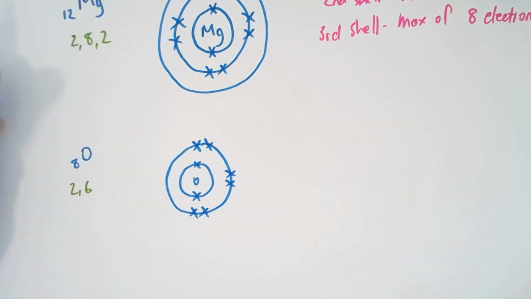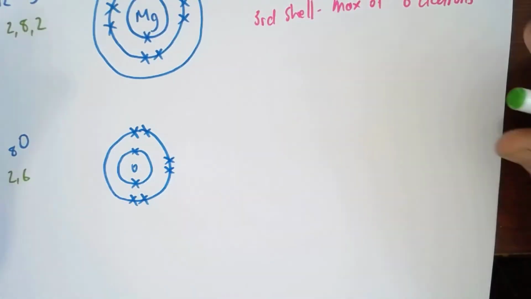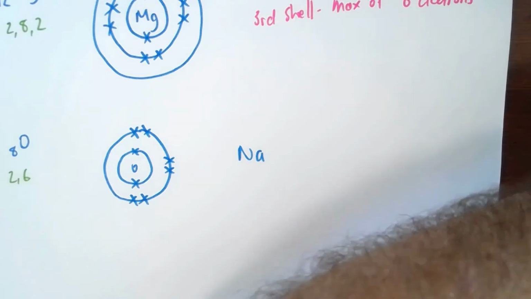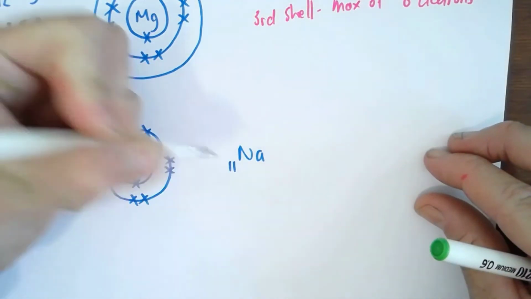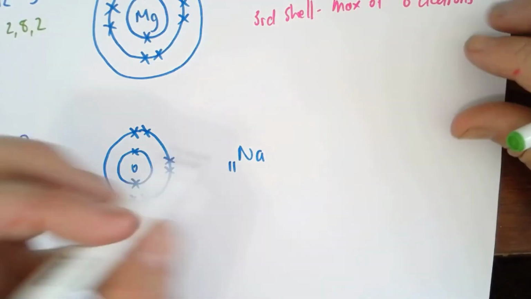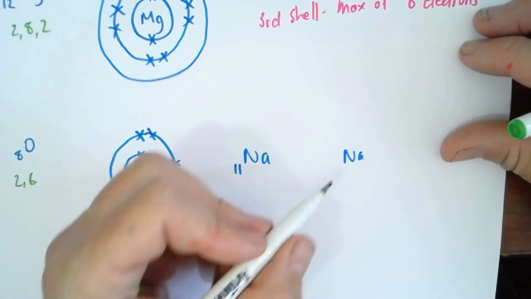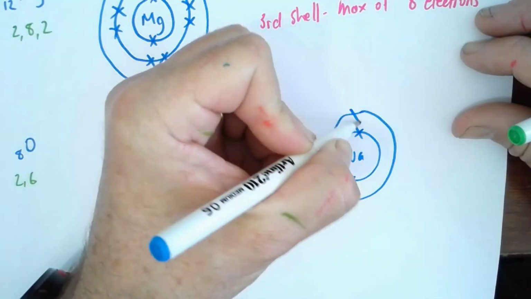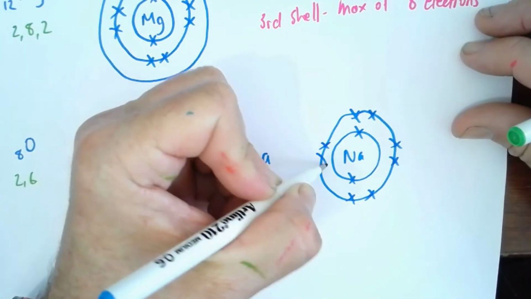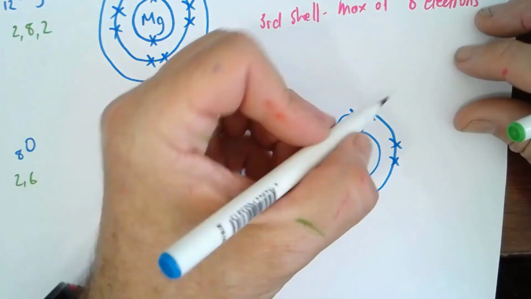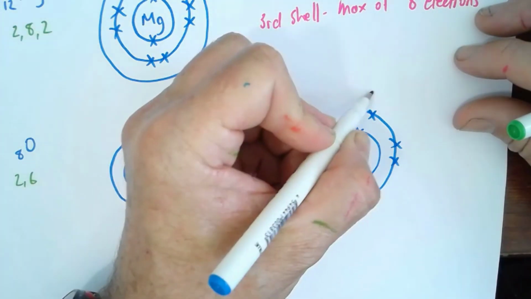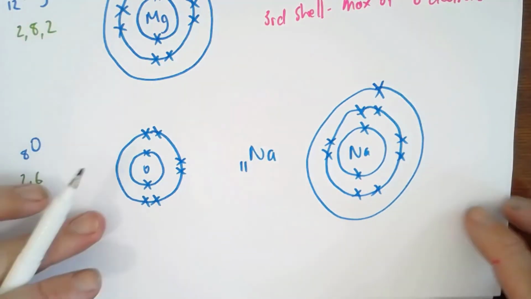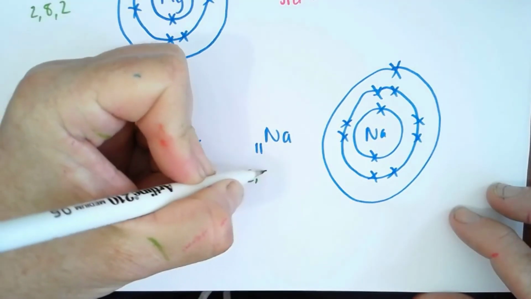I'm going to show you one more. Let's do sodium. And sodium, of course, has an atomic number of 11. Okay, so that's going to be quite similar to magnesium. Okay, so sodium. First shell, 2 electrons. Second shell, another 8 electrons. And then third shell, this time, so we've got 8 and 2 is 10. One more gives us 11. So the way we can express that is by going 2, 8,